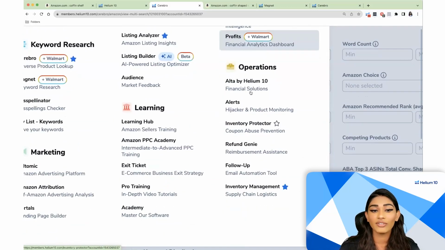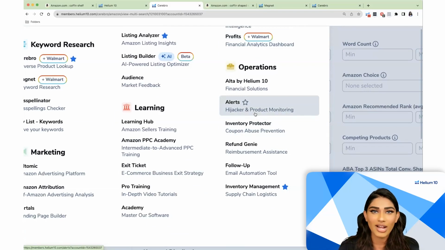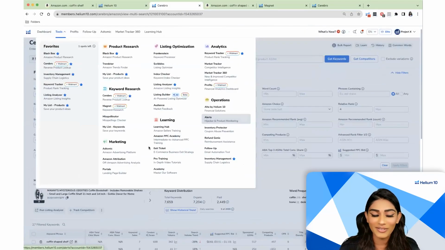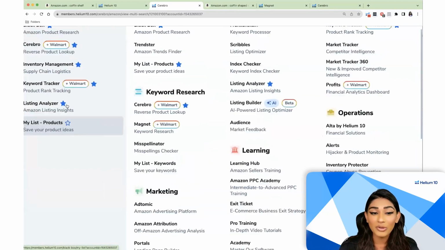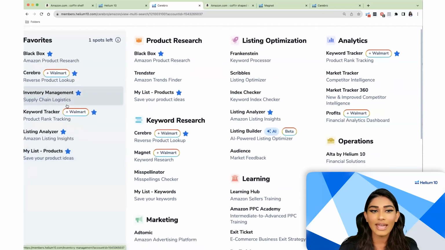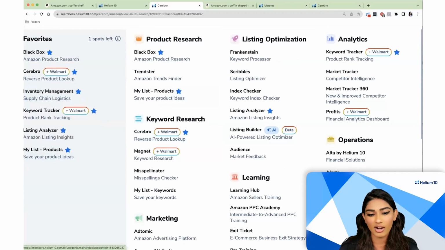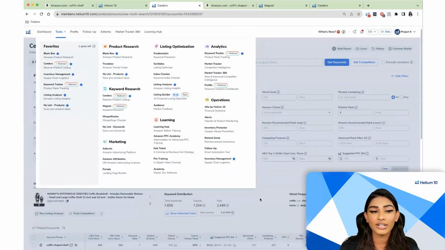You have alerts for making sure that Amazon hasn't gone in and changed a dimension for your product, because truly, if you take a look at your profits, 1 inch can really make a big difference. You might end up losing $5 per unit. And think about what happens if you're selling 10 units a day. That's a lot of money. And so there's quite a bit of tools here. Like I said, there's over 30 tools. I can't cover all of them in this video, but I can briefly mention the amount of things you can do with Helium 10. And that does truly range from product research all the way into operations and marketing. So I do encourage you to go in, play around with these tools, and use them to your advantage.